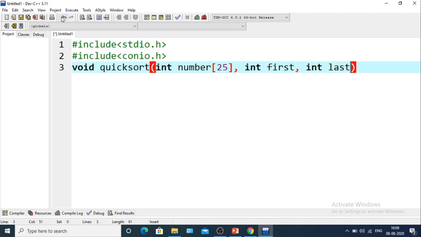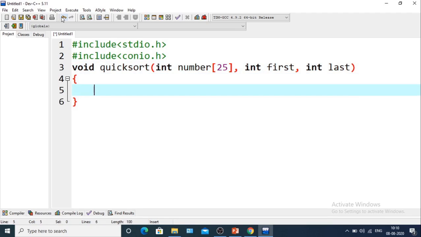This is the last element. Next we will take the variables, that is int i, j, which will be required, pivot for the pivot element, and temp for swapping.